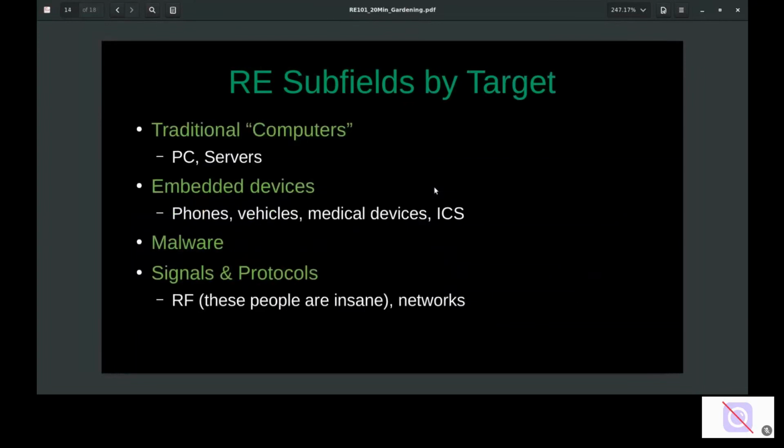So another way that RE is commonly broken out is by target. Traditional computers is a very common one. This would also encompass a lot of the web app type stuff. However, embedded devices tends to be its own